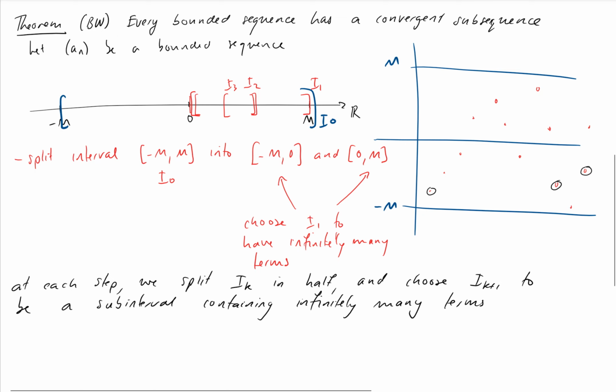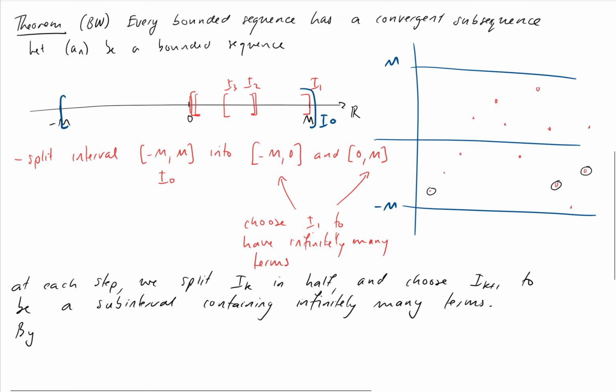So hopefully the process of choosing our sequence of nested intervals makes sense. We're just dividing our containing interval in 2 each time, and we're going to take a half that has infinitely many terms of our original sequence left in it. Okay, so far so good. So we've got this stacked set of intervals, and we know from the nested interval property that there will be some number guaranteed to be inside the intersection of all of these intervals. That number is going to be the limit of the sequence we're going to design.